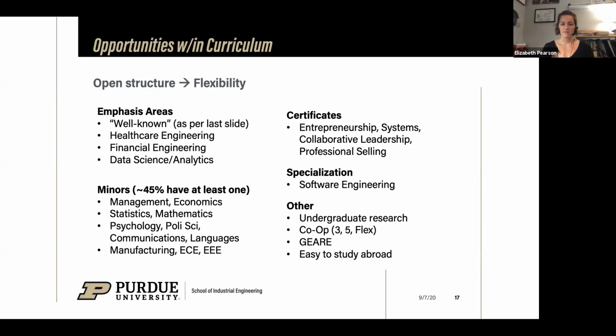So a lot of our students, about 45%, have a minor. It's not required, and there are plenty of students that don't go with a minor. But it's very common to have a management or economics minor. It fits really well with our electives. It leans more heavily on the business side. If a student is especially thinking between business and maybe an MBA later on, they will often choose to pursue a management or economics minor. You'll see some of the other ones on there, even some more of the technical side, so statistics, math, but then also communications, political science, psychology.